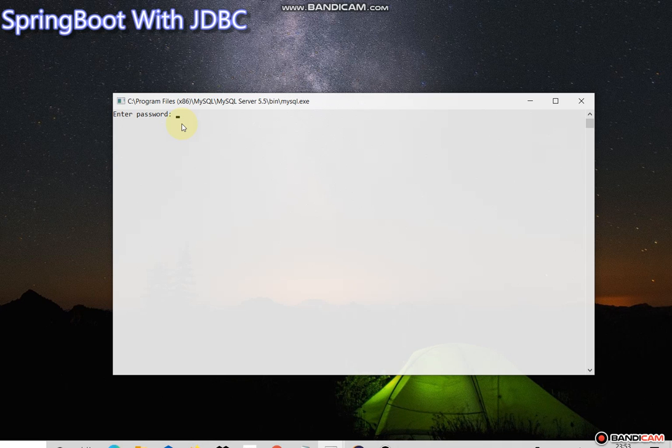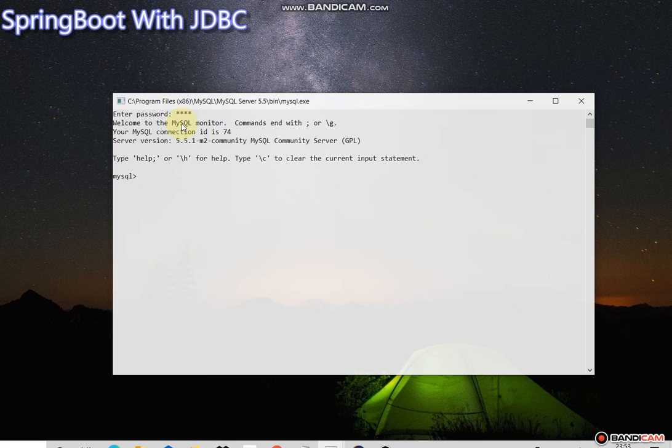If you face any issue while setting up the database, because the steps are simple, you can ping me or comment your error in my comment box. Okay, so I'll start by entering my password. Now I'm connected with my database.